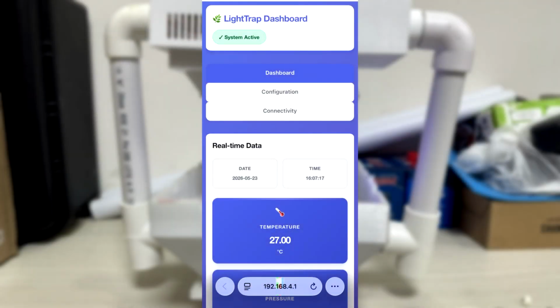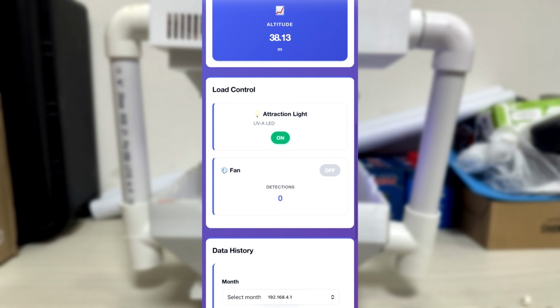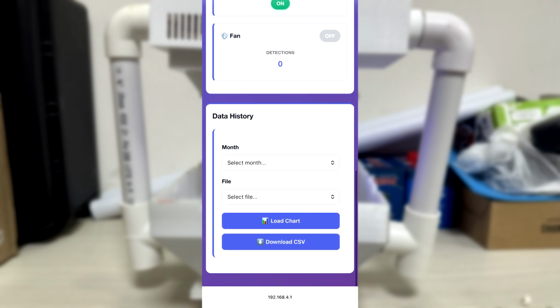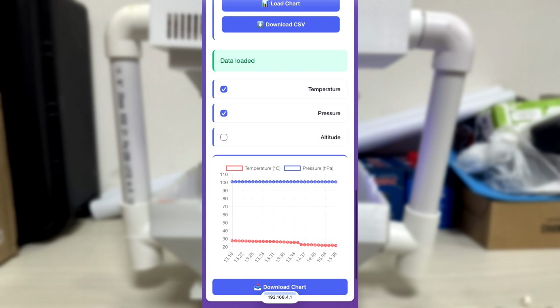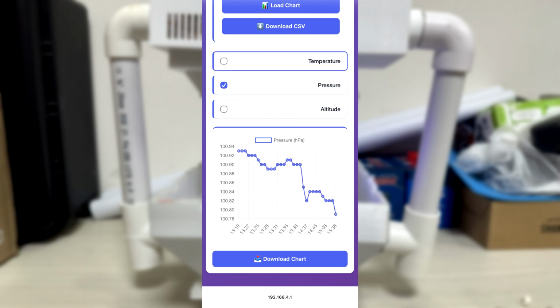Let's take a look at the web dashboard, which we can access by connecting to the local network generated by the ESP32. On this interface, we can see the sensor measurements, the status of the loads, and the exact pulse count from the IR sensor. We also have a data history section where information is automatically organized in folders by date and month. We can generate charts of the variables, and this information can be easily downloaded as a CSV file or the